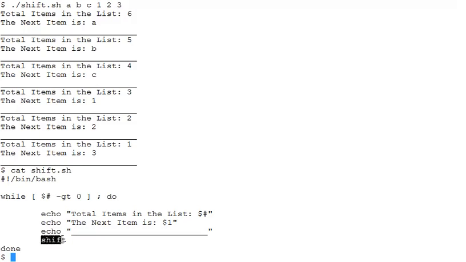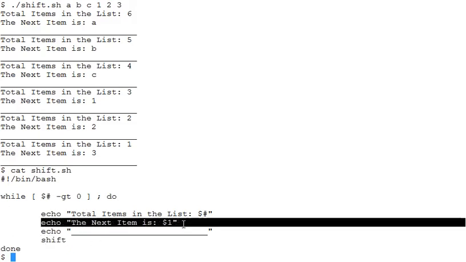The shift command is again called after already printing out the last item here.